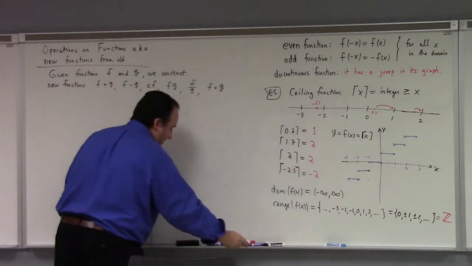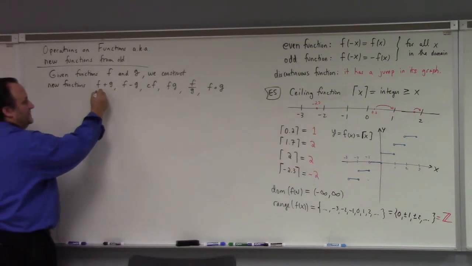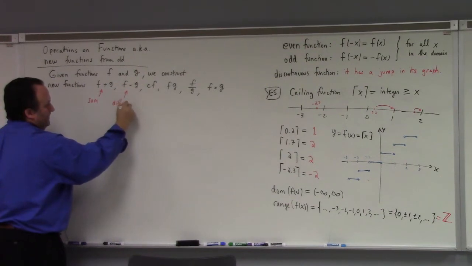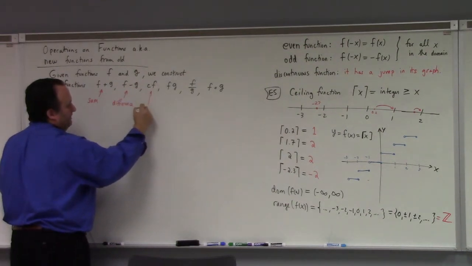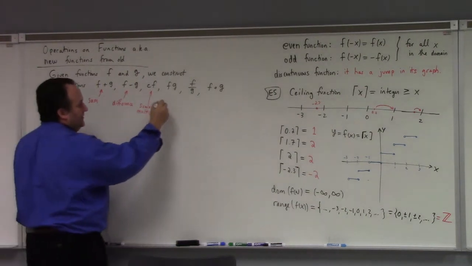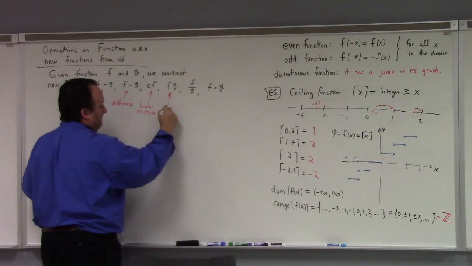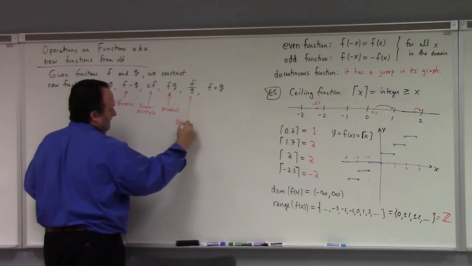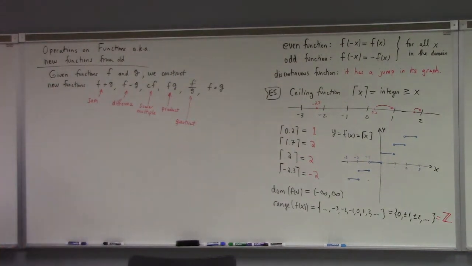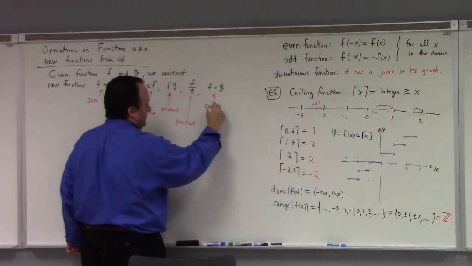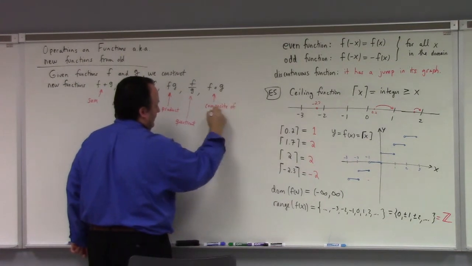Let me write down the words I just said. So this is the sum, difference, scalar multiple. Here, that c is just a number, okay? So another fancy word for number is scalar. So a scalar multiple. And here we're looking at the product of two functions. Here we're looking at the quotient, right? And then last but not least, f composed with g. This is the composite of f with g,